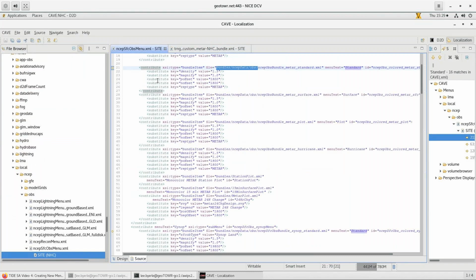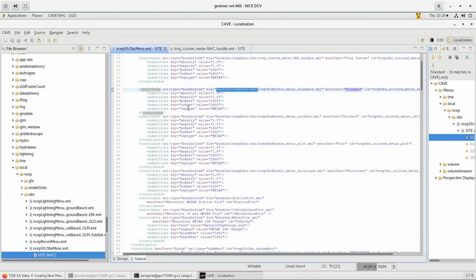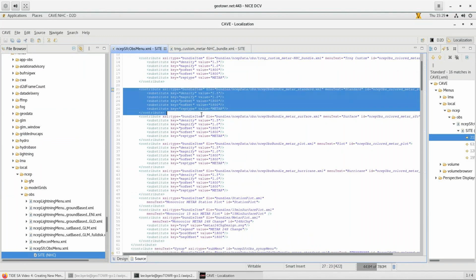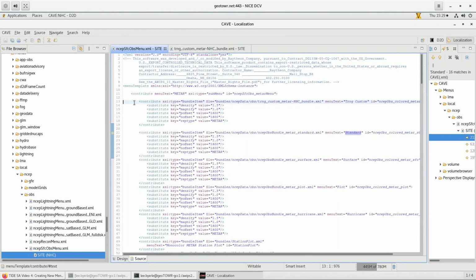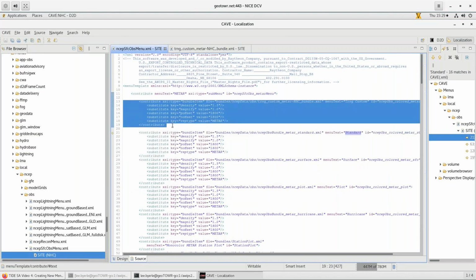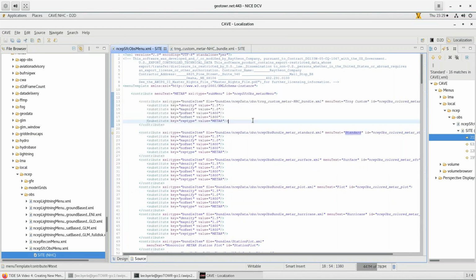So let's go ahead and add in our new menu item. So just demonstrating that, we would copy our item here. We would paste it here, lines 13 through 19, which just for brevity, I have it pasted already. And then I have to give my new menu button a name for the menu text. So I just call it Training Custom. And then here we go. We're pointing at our new imported bundle file. If we save this off,